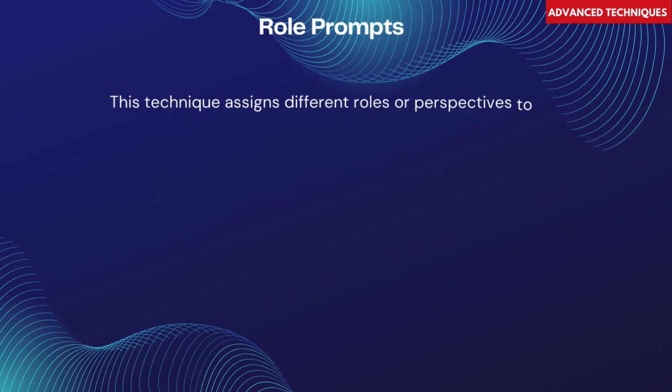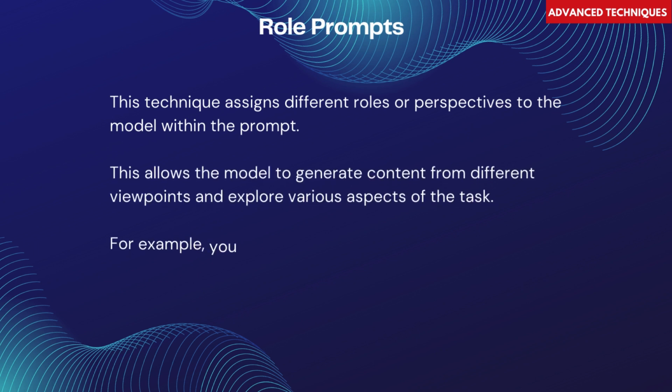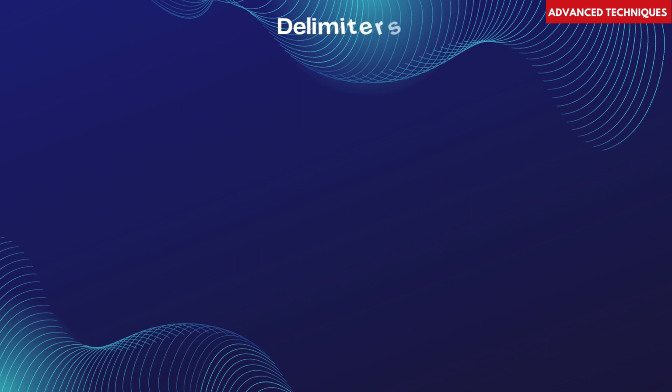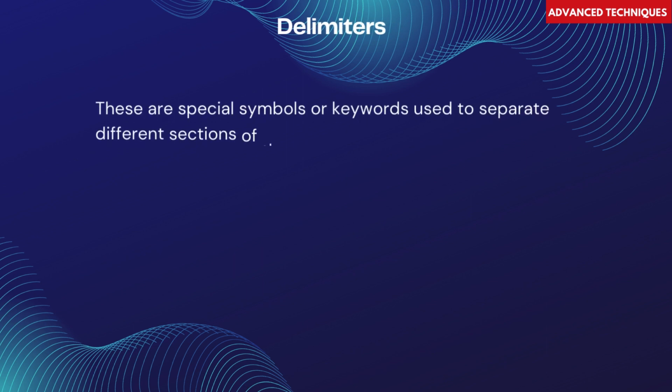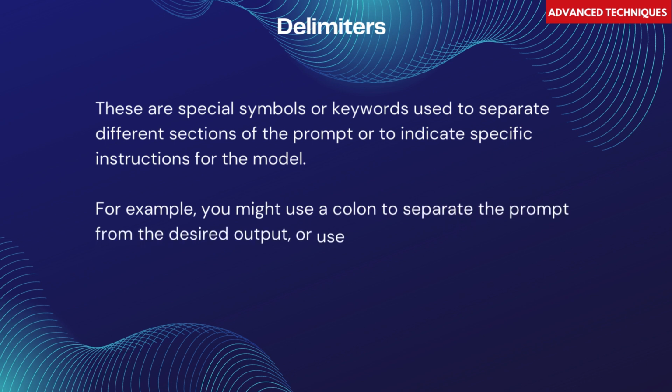5. Role prompts. This technique assigns different roles or perspectives to the model within the prompt. This allows the model to generate content from different viewpoints and explore various aspects of the task. For example, you might ask the model to write a story from the perspective of both the protagonist and the antagonist. 6. Delimiters. These are special symbols or keywords used to separate different sections of the prompt or to indicate